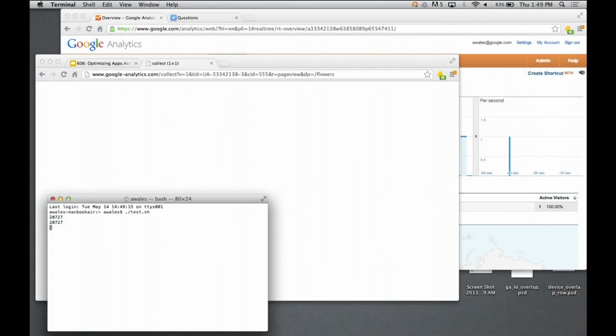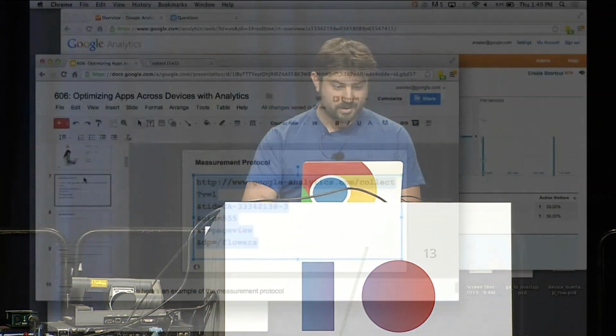Now here I have an RFID reader, and the reader is hooked up to Google Analytics through this little app here. So when I scan my badge over the reader, with any luck, boom, I see the data directly in real-time reports. Now what's really cool about sending data from any device, let's just go back to my presentation here.